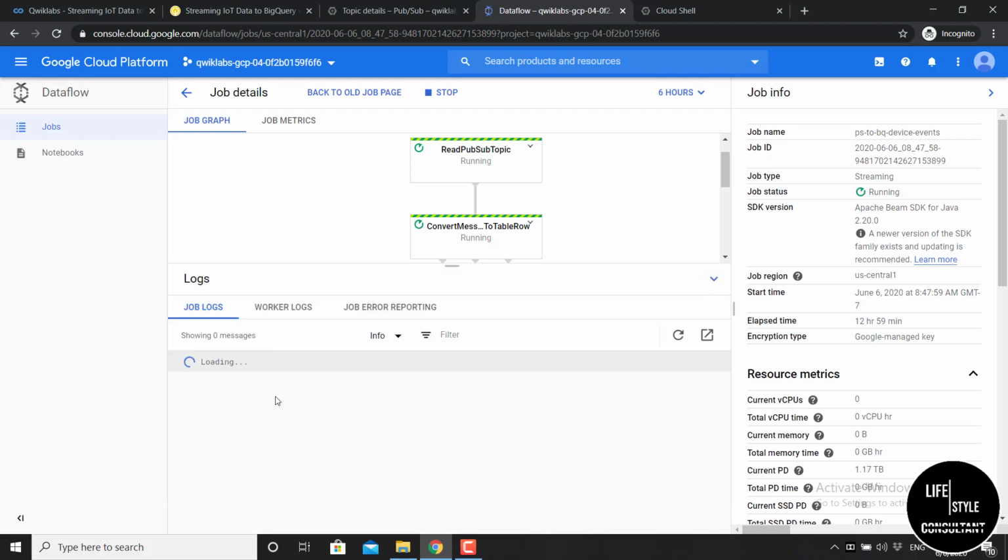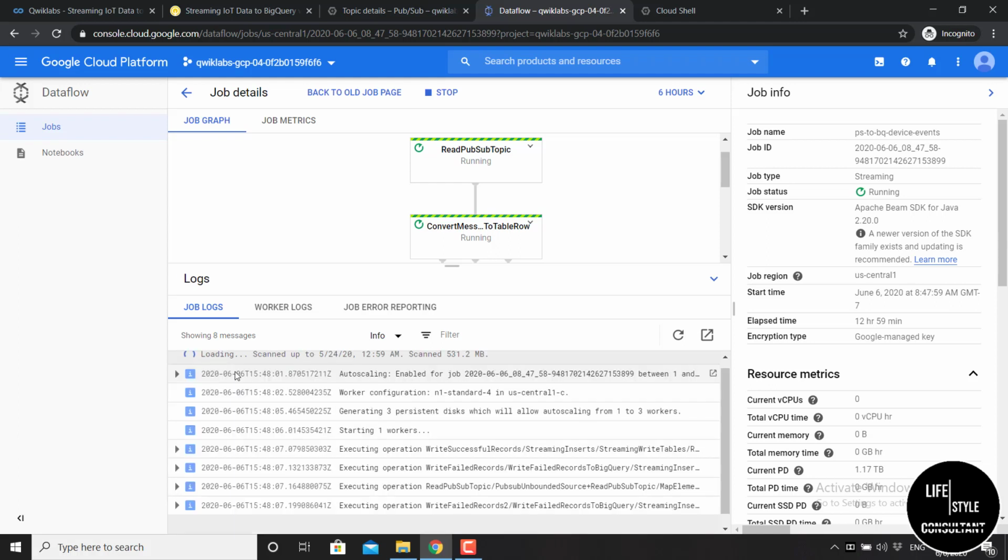You'll find your job logs. It is loading. You need to wait until it has scanned all the files. Okay, the scan is completed.